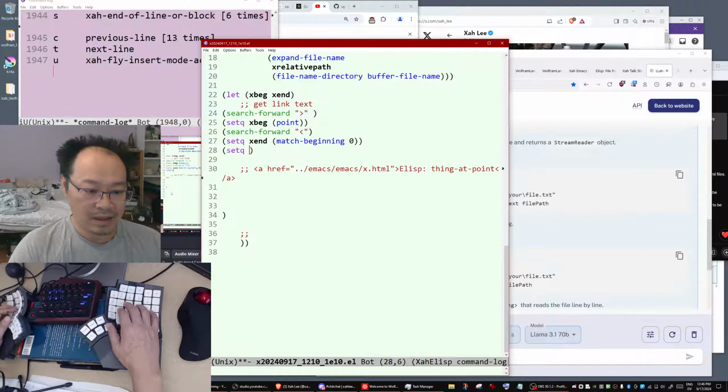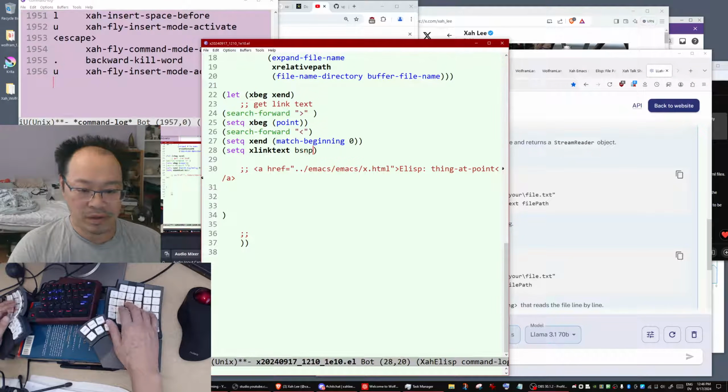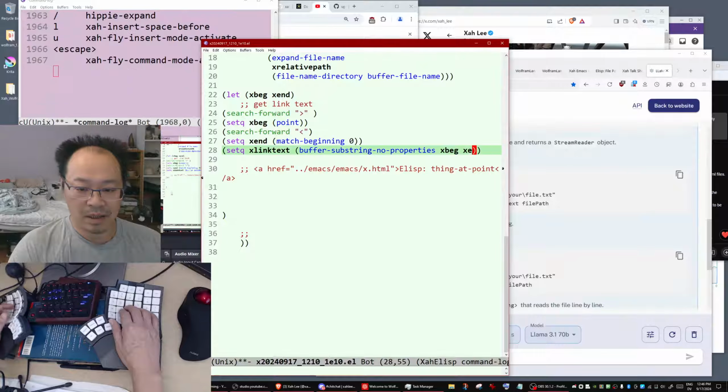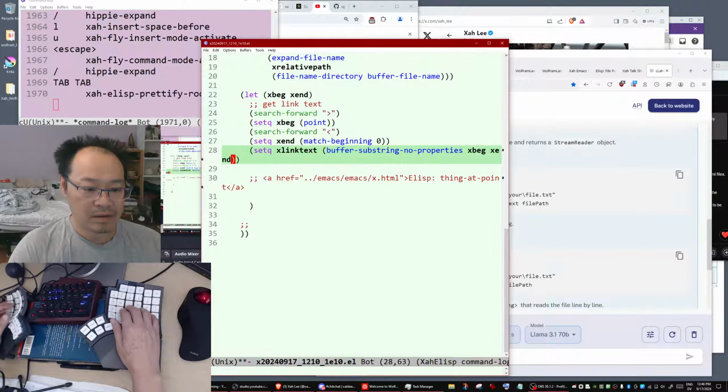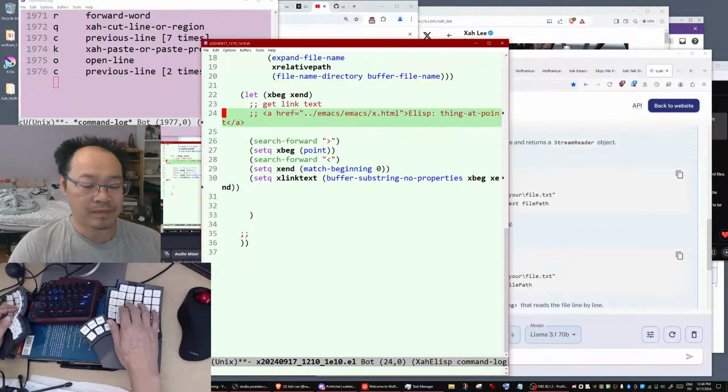Now you just set link-text to buffer-substring-no-properties, x-begin, x-end. Okay, that's fantastic.